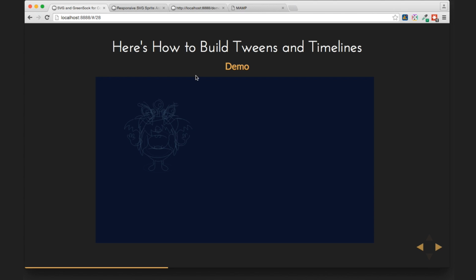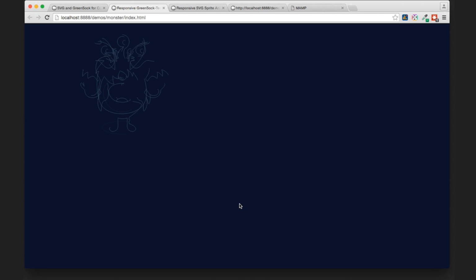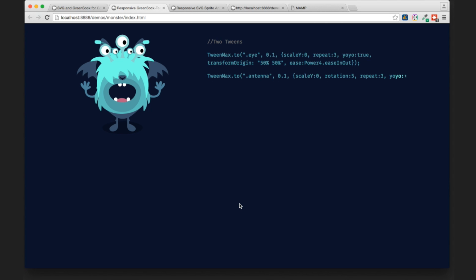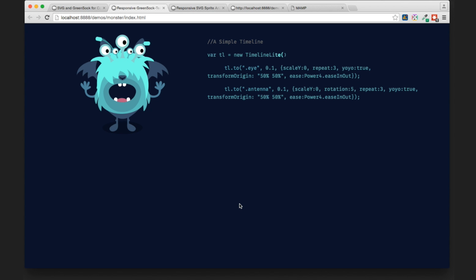This is probably hard to see on the screen, but this is my GreenSock teaching monster. We're going to build a really simple tween and then make it more complex. So, a simple tween: we've got the eye, and he just blinks. Then we've got two tweens. We're adding the antenna, so these tweens fire at the same time, the antenna and the eye. Then a simple timeline, where one thing is followed by the next thing.